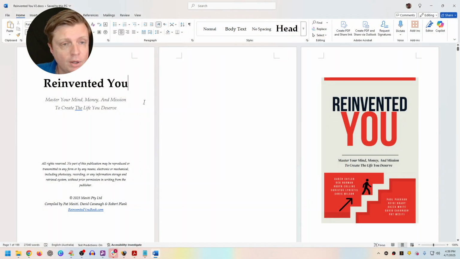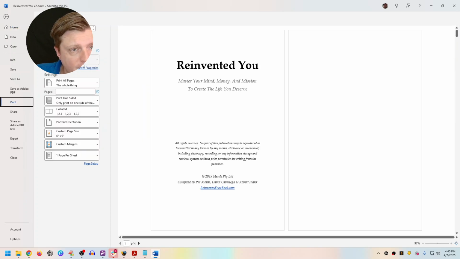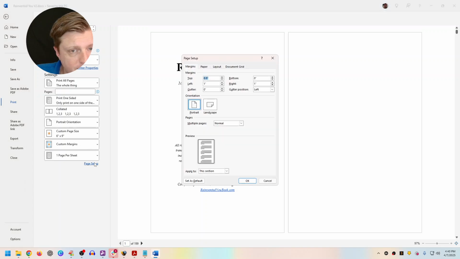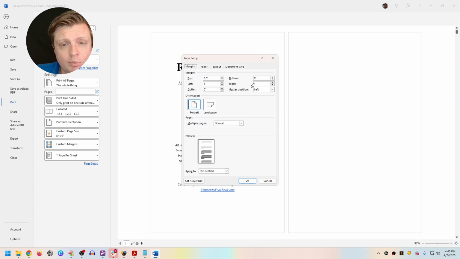So here's a Word document. Ever heard of one? Of course you have. And the way I usually set it up, here's my template more or less. I have a Word document and I set the page size. So I go File, Print, and then I go to Page Setup. And you're welcome to screen grab or screenshot this, but I set the paper size to 6 inches by 9 inches. I set the margins to 1 inch on the left and the right, and then half an inch on